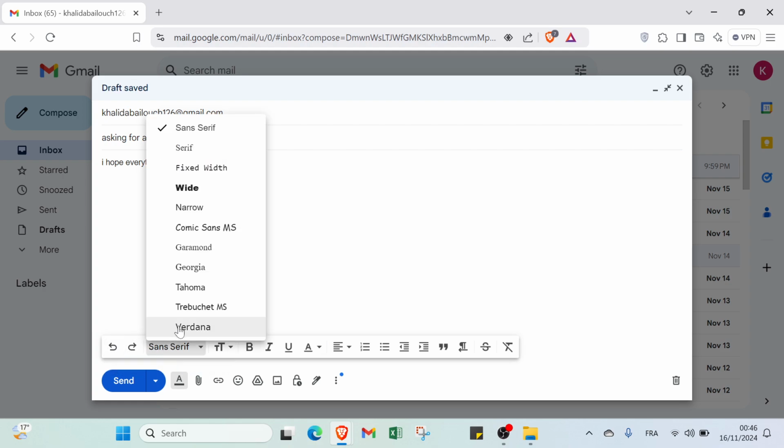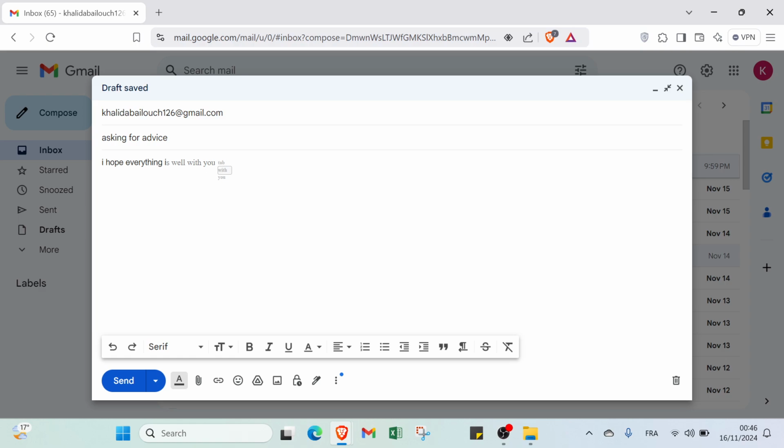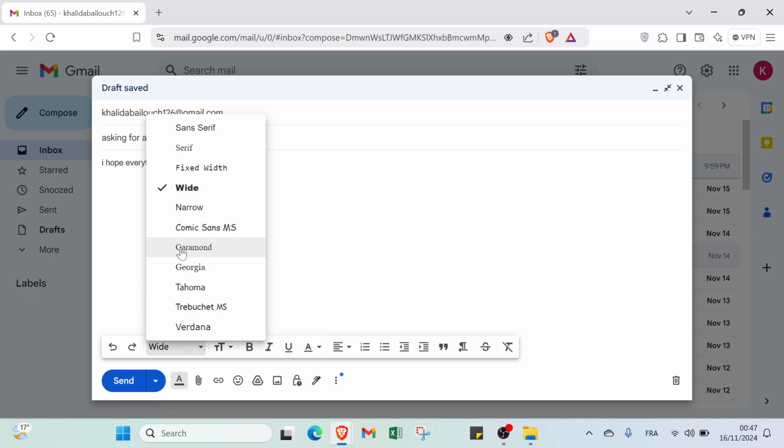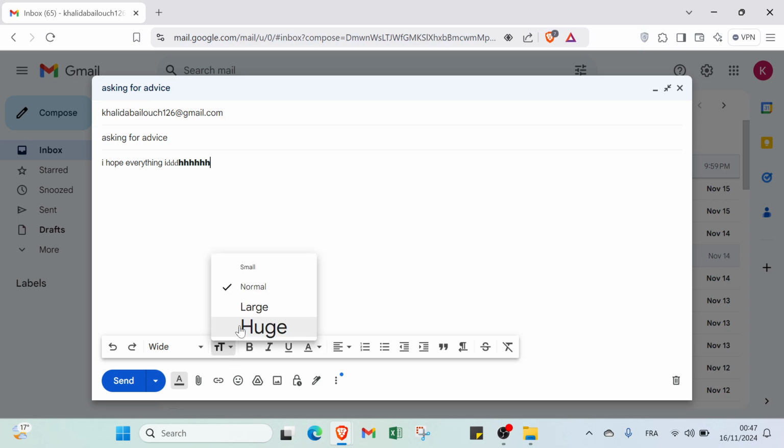Then if you want to select, for example, this one, here is how it looks. We also have other font options such as Narrow, Comic Sans MS, German, Georgia, and you can just select the one you want. Then we have this one, I want to make it huge, for example, like that, as you can see. Then if you want to make it large,